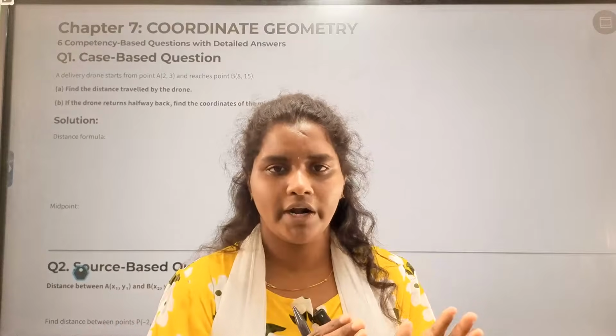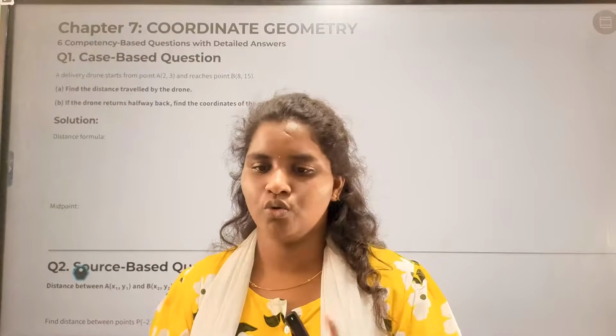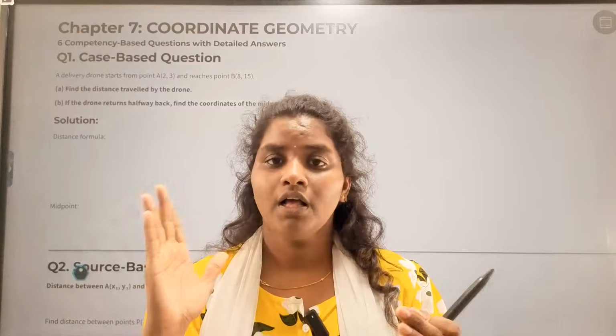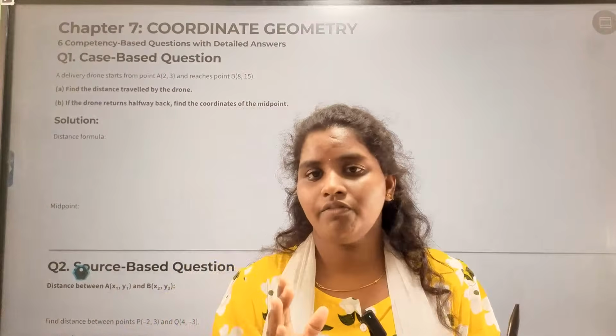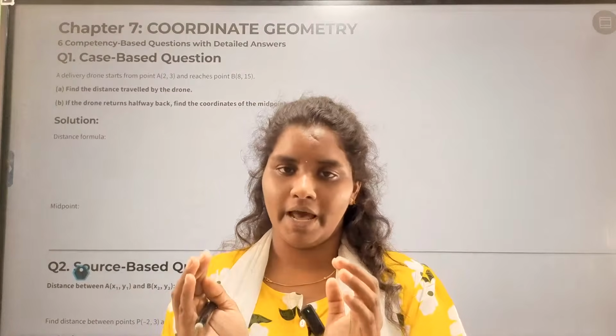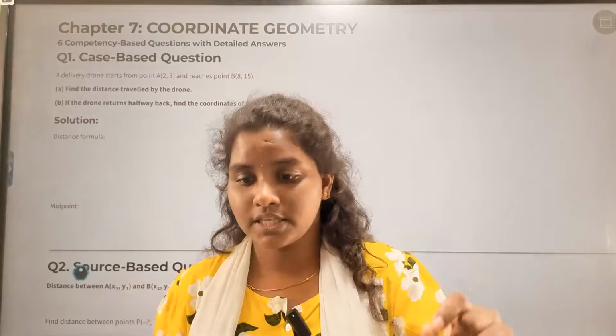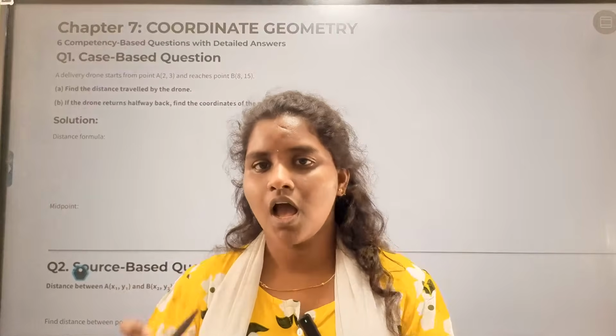Then in coordinate geometry we have the distance formula, which means if they give 2 points, for example in ordered pairs x1 y1 and x2 y2, and we have to find the distance, then d is equal to root of the second term minus the first term the whole square plus the y coordinates. So here we have to see the ordered pair, it's x comma y, right? X axis comma y axis. So the x axis is also called the abscissa and the y axis is also called the ordinate, right?